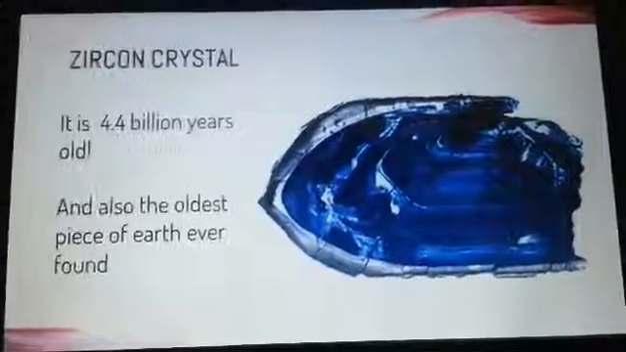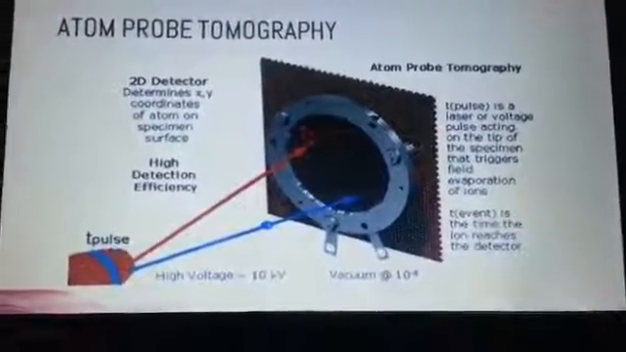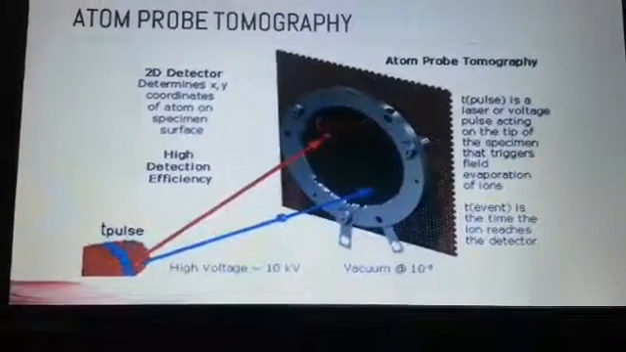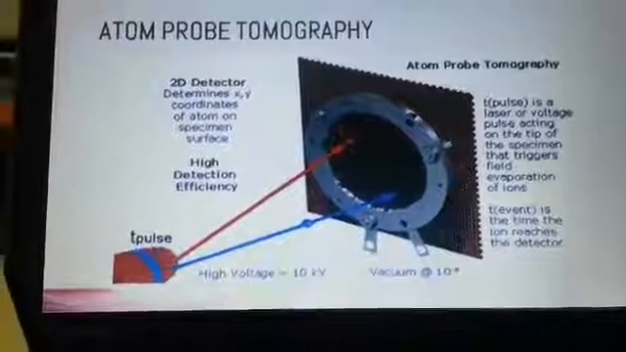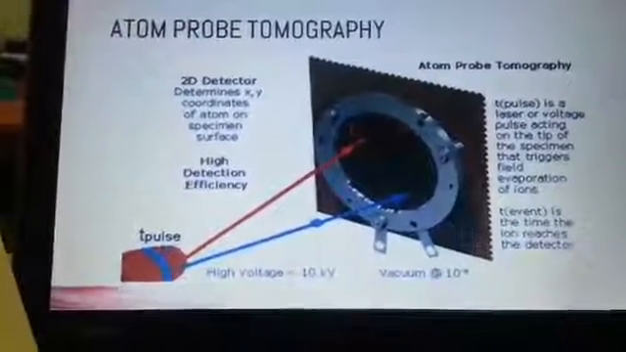And they used the technique known as atom probe tomography. Because of this, it is possible to identify individual atoms of lead in the crystal and determine their mass. And it was confirmed that the zircon was indeed